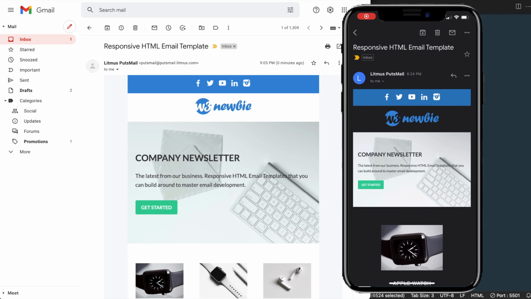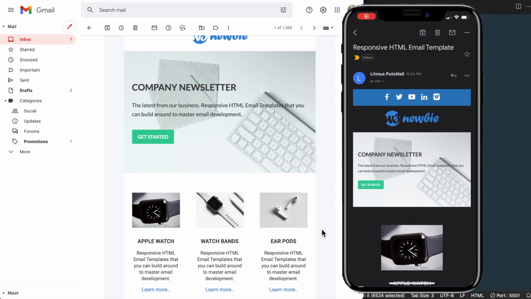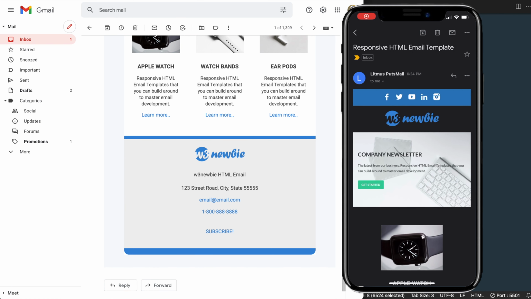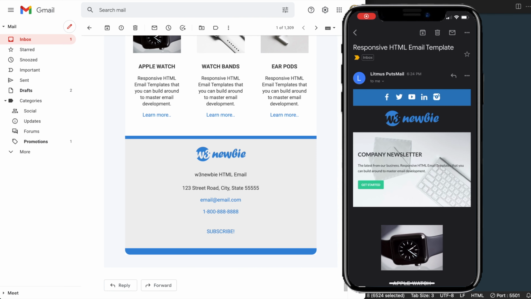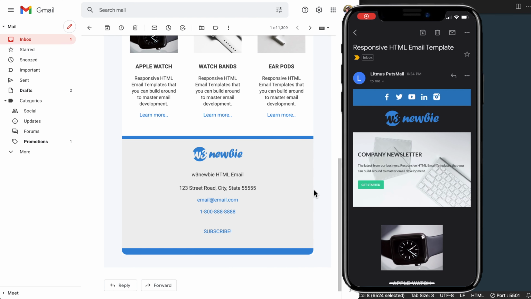In this video, we'll build a responsive HTML email template from scratch. And the best way to tell if an email template is truly responsive is to simply size the window down in Gmail and see that the columns shift. And if it does that, you can be certain that the email template is going to be responsive across mobile